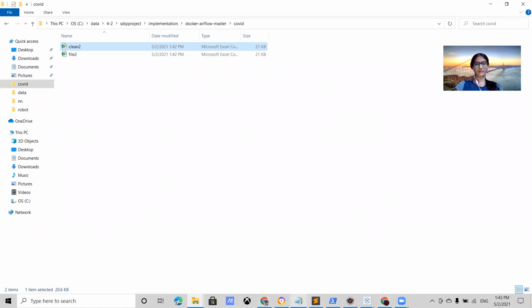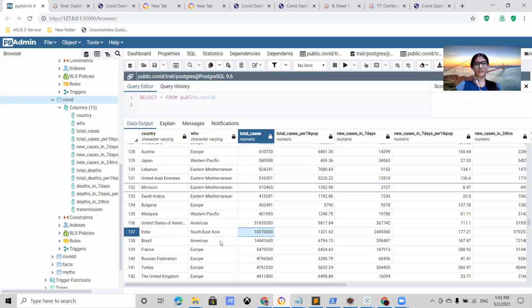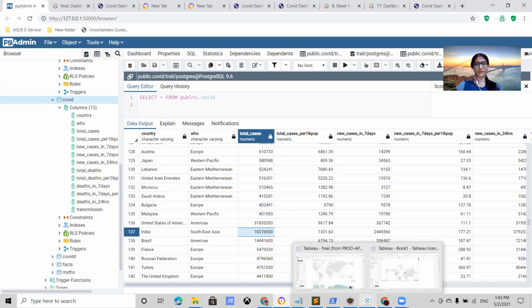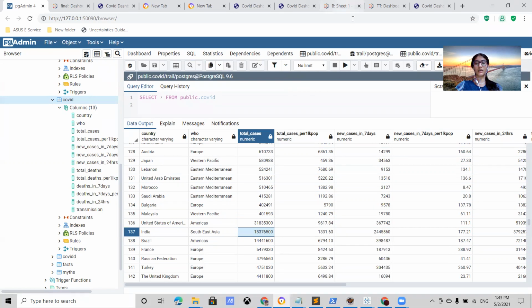So now, after we update this database, the data from this database is connected to Tableau Desktop. Then from Tableau Desktop, it is connected to Tableau Online server. From Tableau Online server, we are using the Tableau JavaScript API in order to get the data and display it in our website. So first, let us see our website and then let us see the workflow.